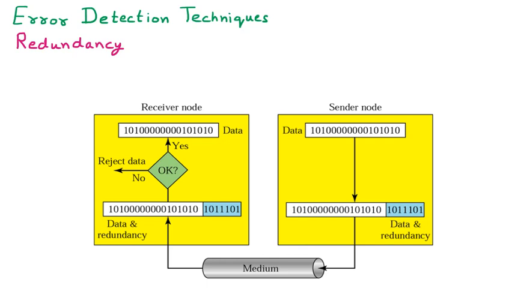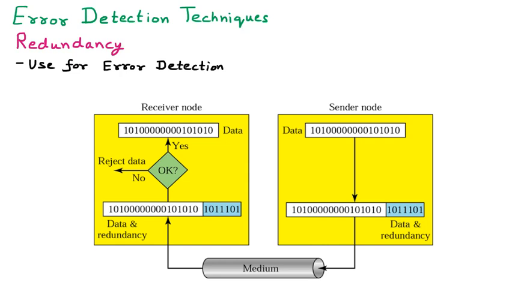Now we are discussing redundancy. We know that redundancy is an error detection technique. That means we can detect errors with the help of redundancy. So redundancy is used to find or detect errors. If we talk about how redundancy works, extra bits are added to detect the errors